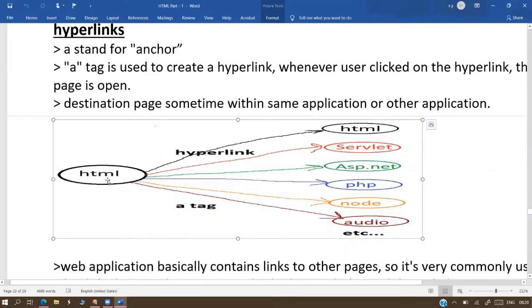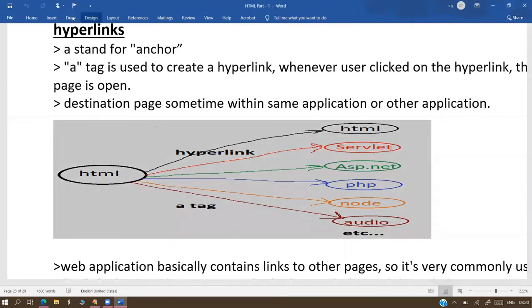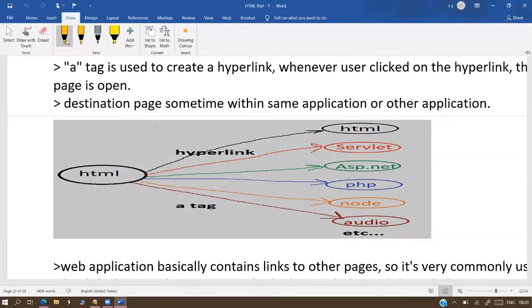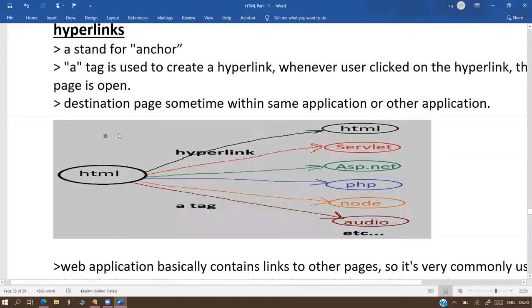This is our source, our working location, so here we are working right now.